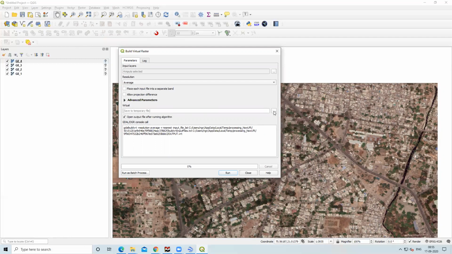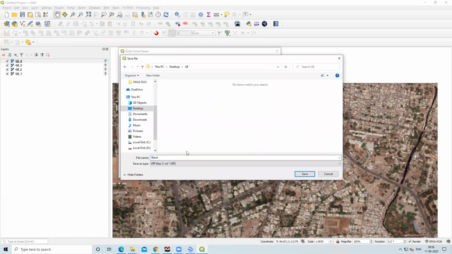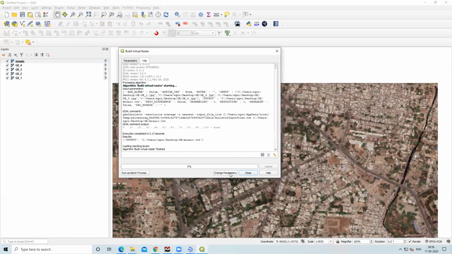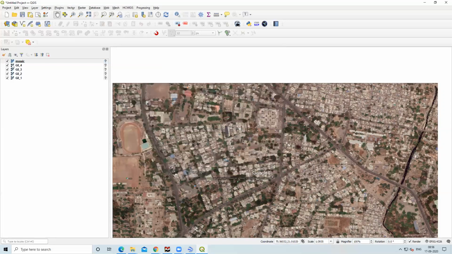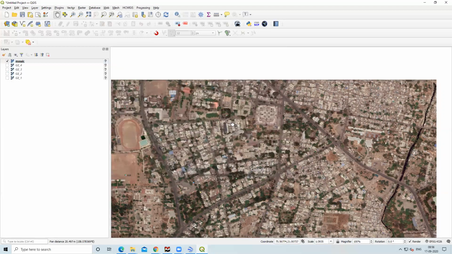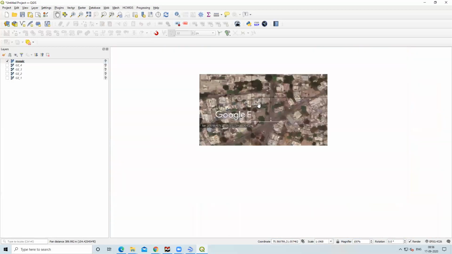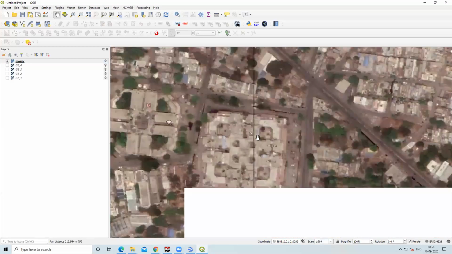And if you want to save this image, you can select a particular folder and save it as mosaic, save and run. So now the algorithm is completed. I will close this, I will uncheck this, and this is our mosaic image, and now we can see our image is mosaicked.